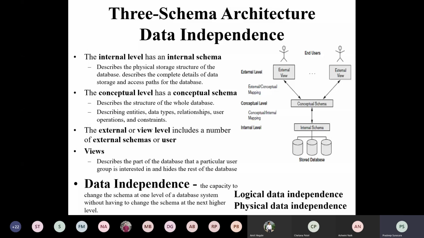Similarly, for any kind of device or display you have, your data will map accordingly. That is the meaning of mapping.